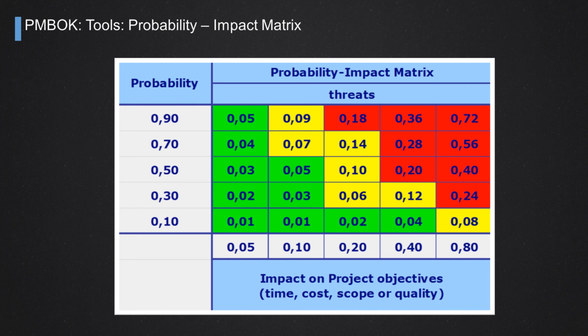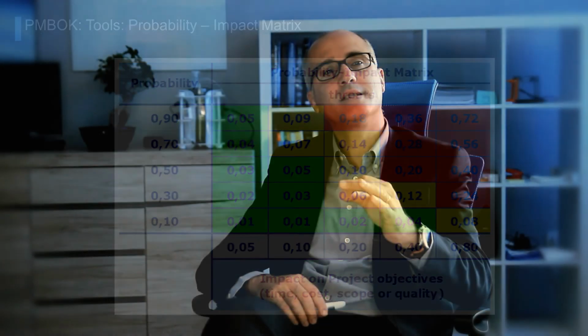On the other side, we have a red part of the matrix, on the top right. In this part of the matrix, we will map all the risks that have a big impact on our project. They can reduce the scope of the project, or they can lead to a termination of the project itself, a failure of the project or the program.